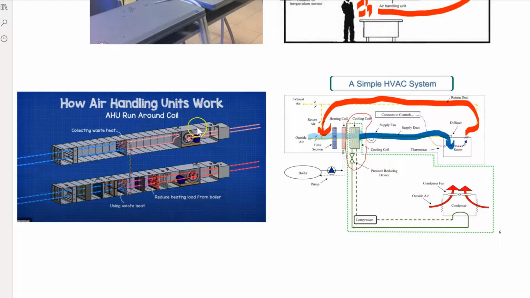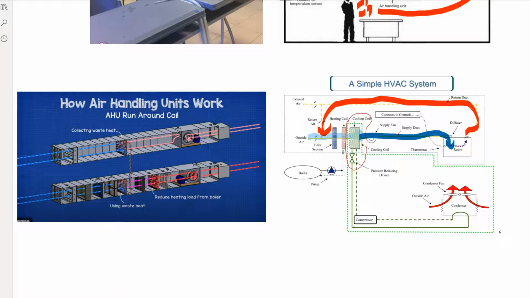So these sections over here is the same thing that I explained just now, which happens in your AHU room, right? So the blue is representing cool, and the red is representing the hot air. But for this one, as you can see, this is a simple heating, right? Because this one is taken from the YouTube video. Probably this is during winter, so it's going to supply heat inside your